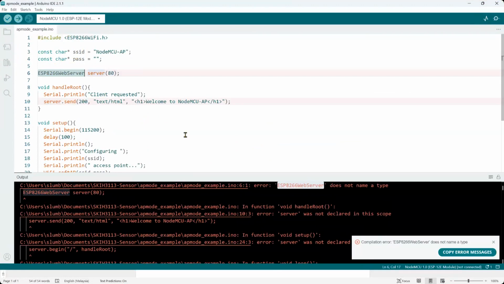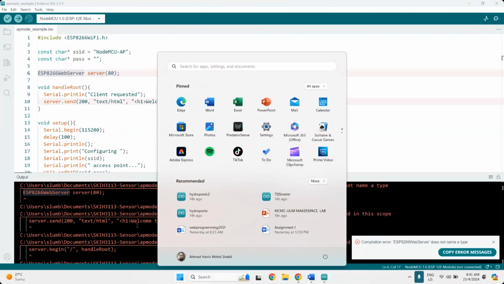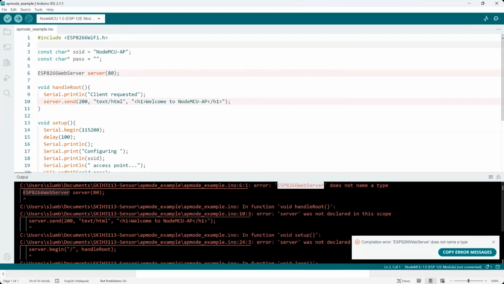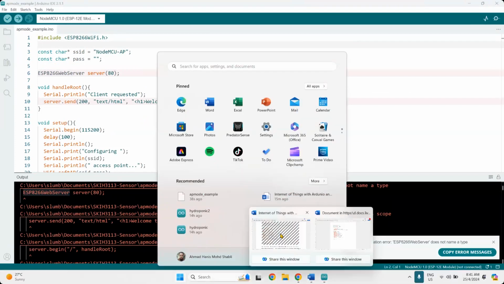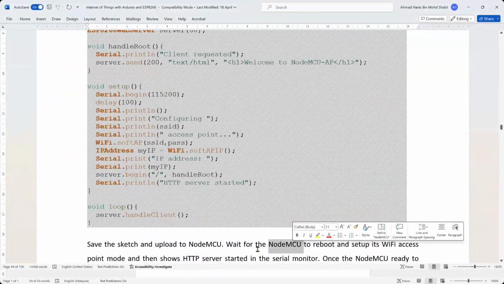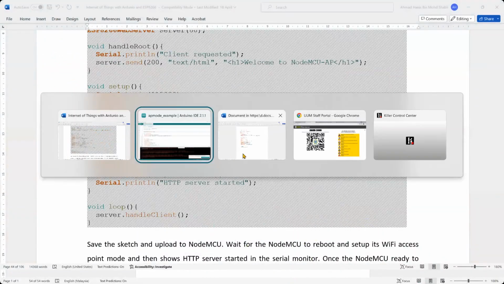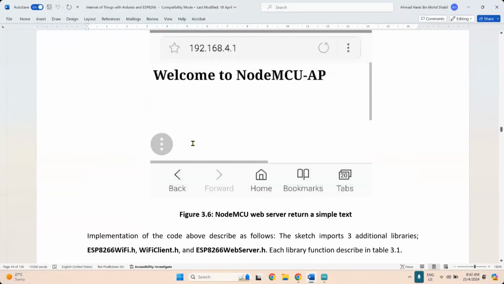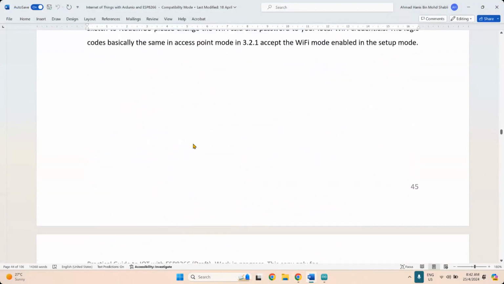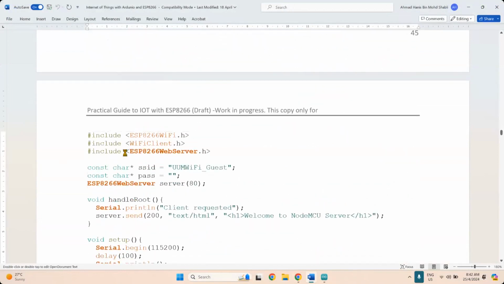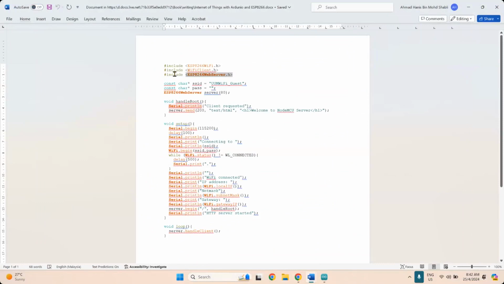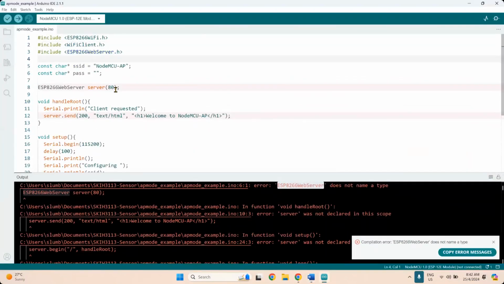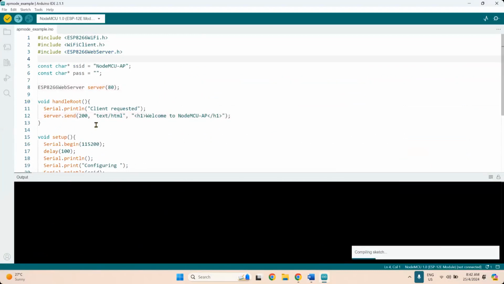The HTTP server didn't have it. Oh, I think I'm missing another library, another include that I didn't put here. Let me just access that. There's another library that I didn't include here. Hold on. I think the library is this one. Forgot to include this, and the client also. This one. I forgot about that. I didn't include that properly there. So compile that one more time.